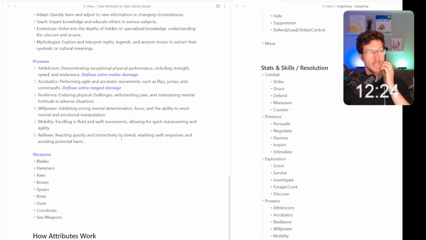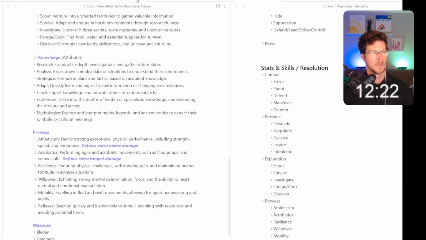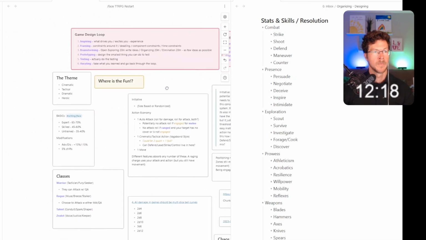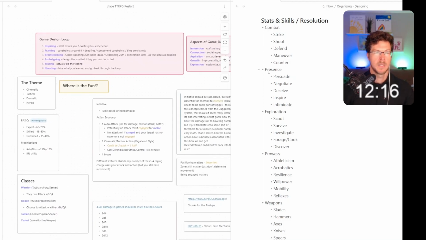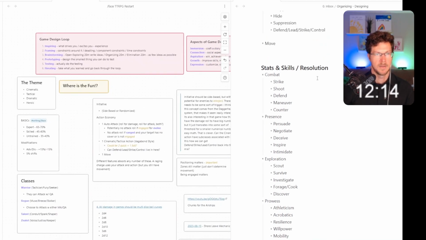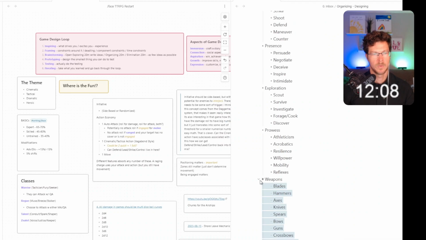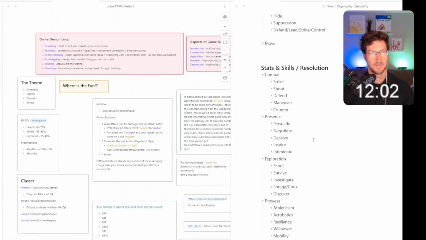Okay, so I don't like much of this. I'm not going to lie to you. But we got to have something down because this is for rapid prototyping. And we want these statistics. So let's go ahead and cut the weapons for now, right? So we'll cut the weapons and we'll say, yeah, we don't need these weapons right now. We're going to just take this. We'll have this combat action or this combat stat.